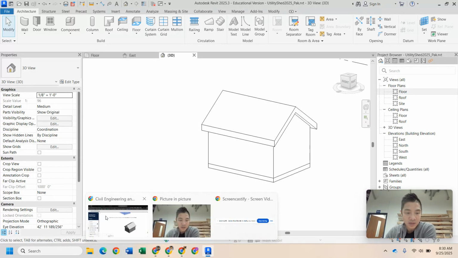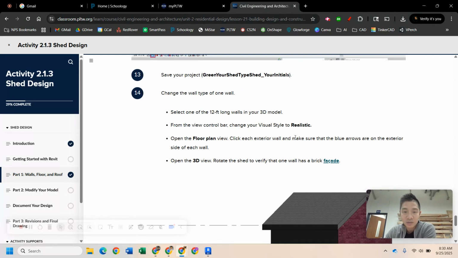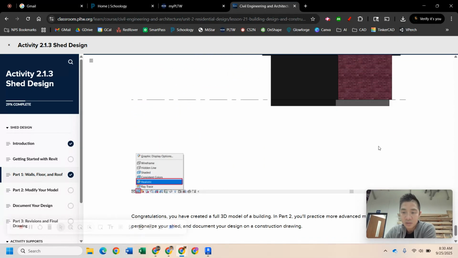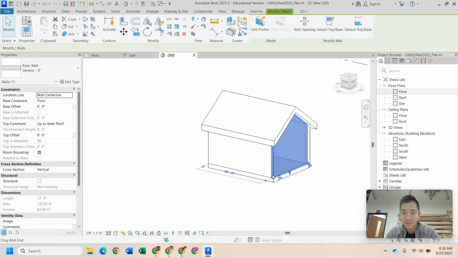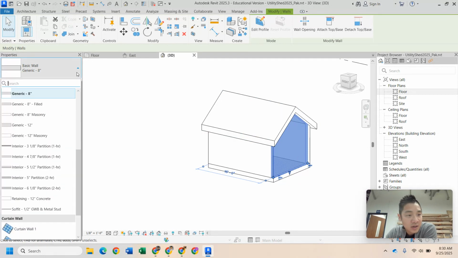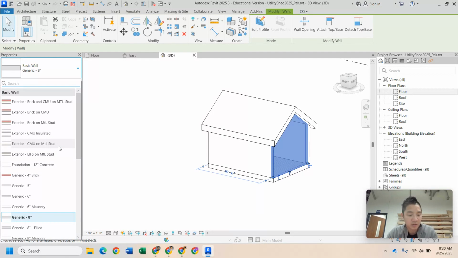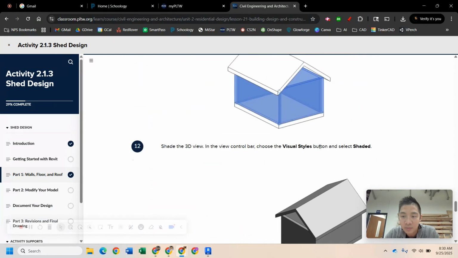All right, and finally, now that we've got all of that set up, they want us to add a brick facade. So if we come back over here, the last thing is brick facade. Looks like we're going to just choose one of the shorter ends. Don't think it really matters right now, so we'll go and do that. Right, so the last thing here, sorry if there's the announcement in the background, we're just finishing this up. All right, so we're going to select one of the walls, come over here, we're going to choose, I think it's exterior, let me double check here. We're choosing, oh,